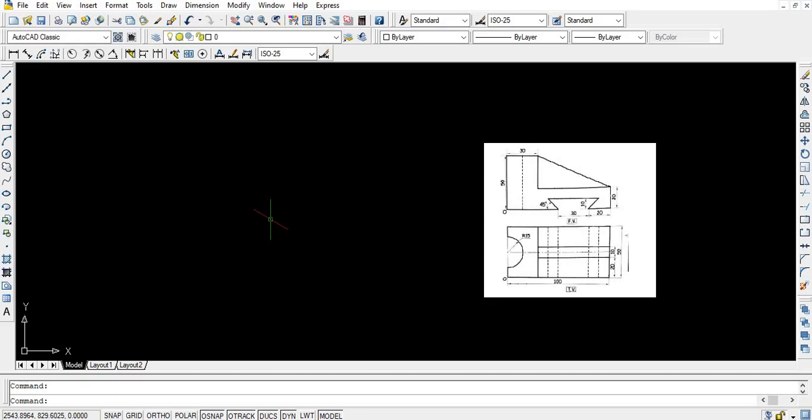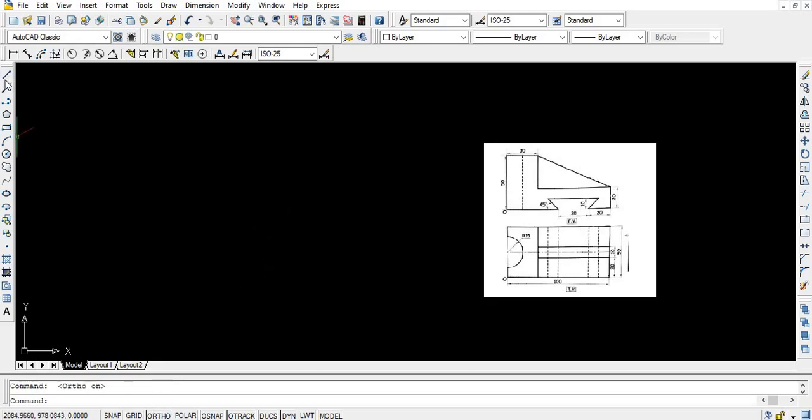Now how to change the plane? In isometric we have three different planes: the right plane, left plane and top plane. Here we have to press F5. Now observe the cursor. When I press F5, the cursor will change. Now it is left snap, top snap, right snap, again left, right, top. So these are the planes, and they change as you press the F5 button. Now we'll see the different types of planes.